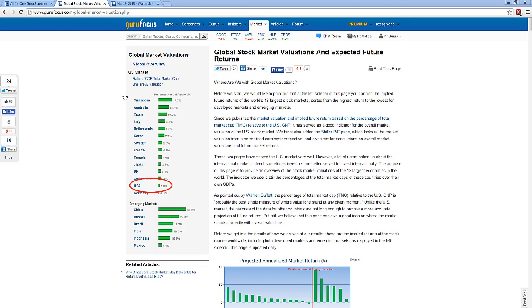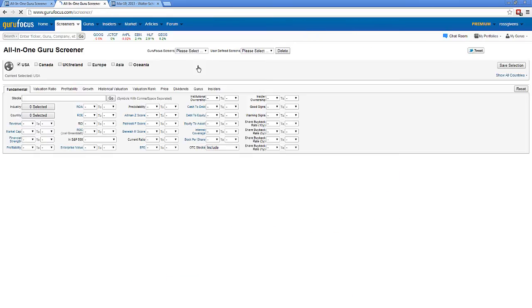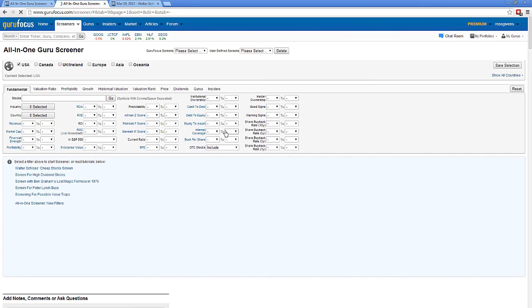But we look at some of the larger return numbers here: Singapore, Australia, a lot of Italy, a lot of Europe in here, the Netherlands, Korea. So a lot of investors today are shifting their focus toward global markets because it's such a global economy today. With the all-in-one screener, the cool thing is we can scan for the exact same metrics,